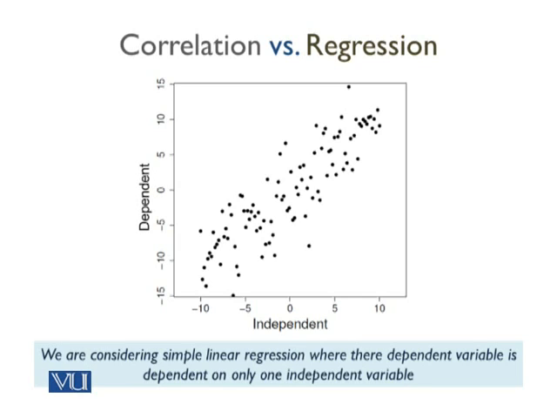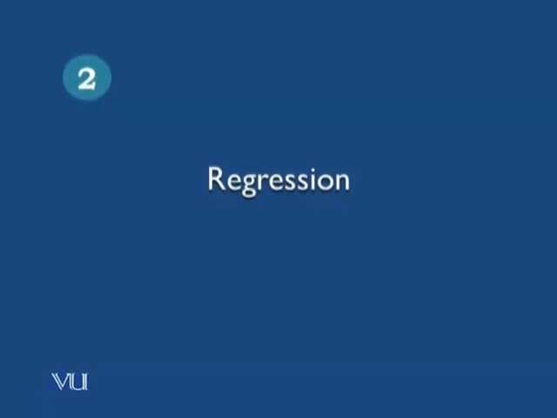But when we are doing regression, we assign one variable as the independent variable, or in other words, we call that the explanatory variable. And we say that we're going to make changes in this variable and predict what the value of the other variable would be. And that variable is now called the dependent variable or the response variable. So this is the fundamental difference between correlation and regression. Knowing this, now we can move on to understand how regression works.